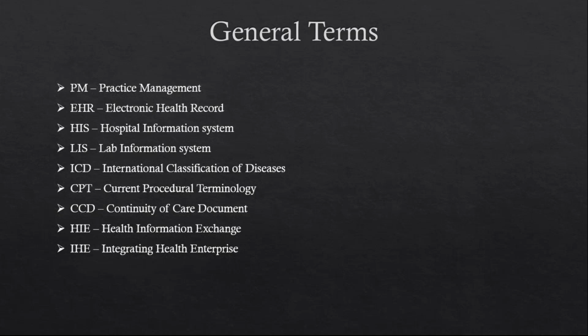Basically, after identifying an issue or problem with a patient, doctors will perform some procedures on the patient. So those procedures are indicated with the help of CPT codes. Again, this is also a library with a list of all the procedures that are available. And then CCD is a continuity of care document, which is a general PDF kind of document where the entire patient history is sent to a different system altogether called a Health Information Exchange.